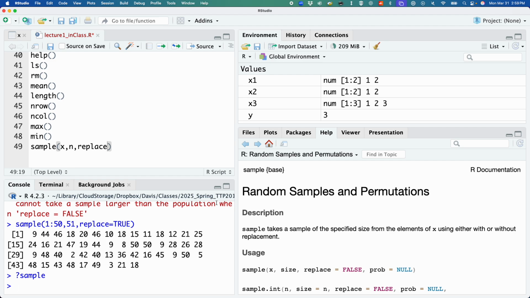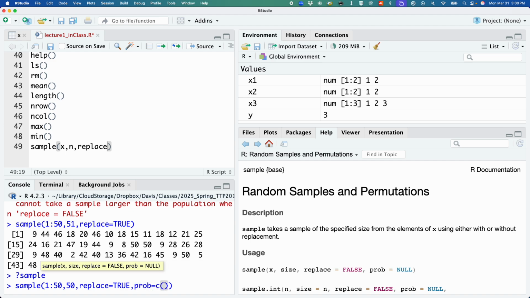The last one, okay, this actually can be useful. The last input is probabilities. Those are meant to weight your sample, and so you can choose to have it much more likely to pick certain numbers, right? So let's say I wanted to do this. So 1 to 50, we're going to draw from it 50 times. We're going to say replace is equal to true. And then I'm going to do,